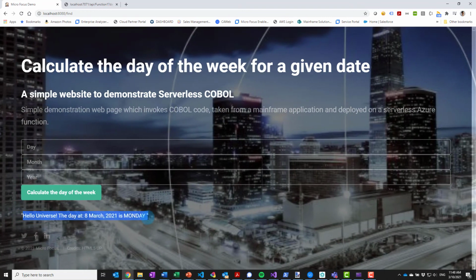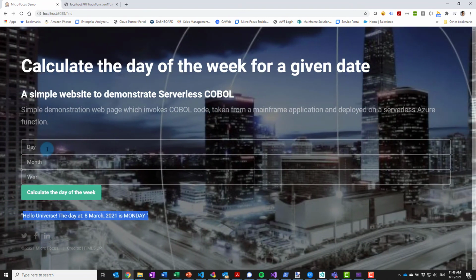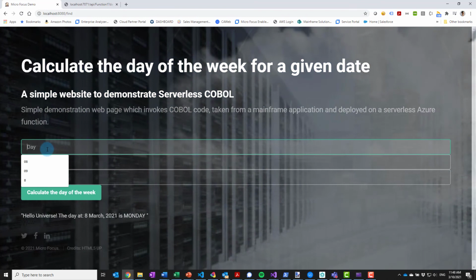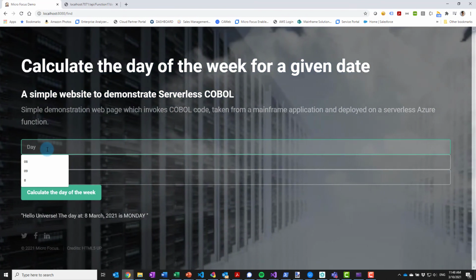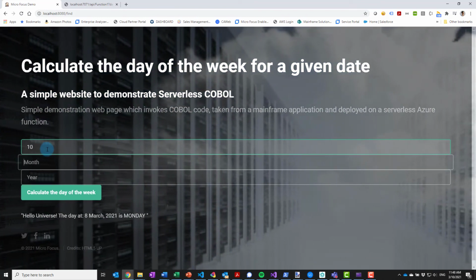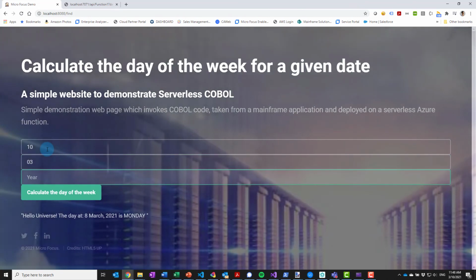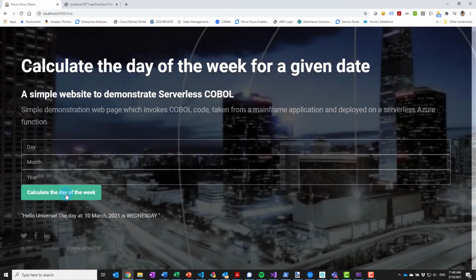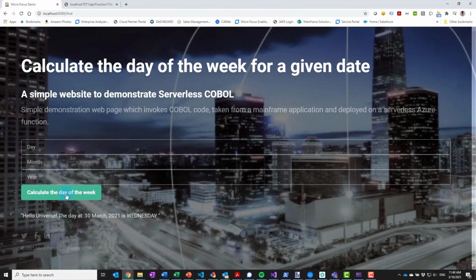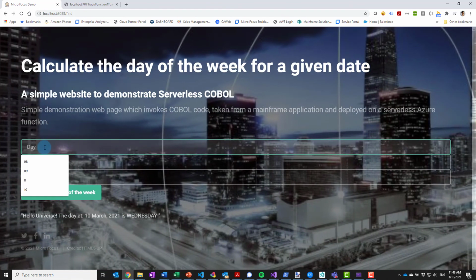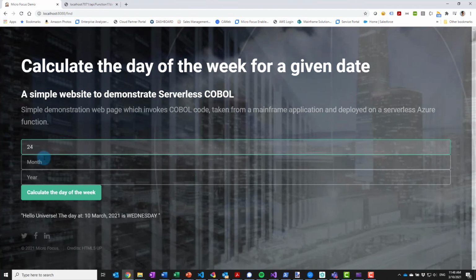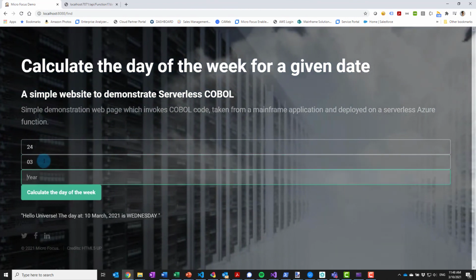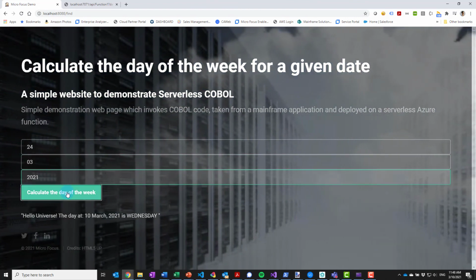COBOL code is running serverless on Azure, and here is the response. And this was just the first call, so it took a few seconds, but now all subsequent calls will be very, very fast. And remember, this is actual mainframe COBOL code running inside a .NET virtual machine, serverless on Azure. Quite cool, right?